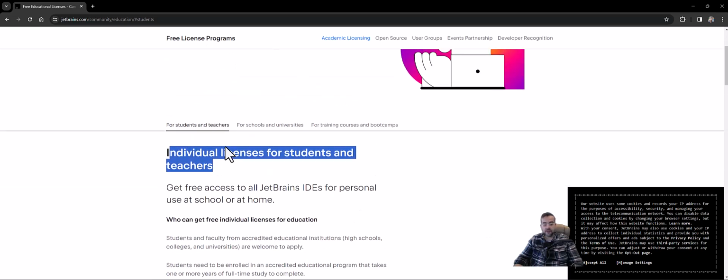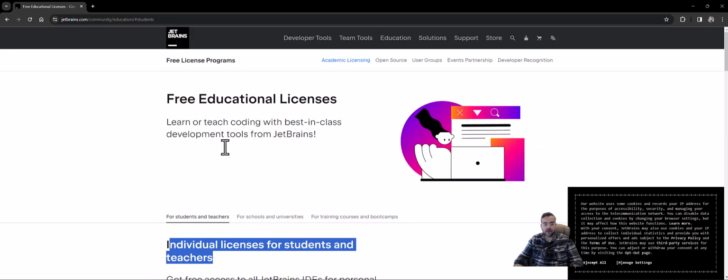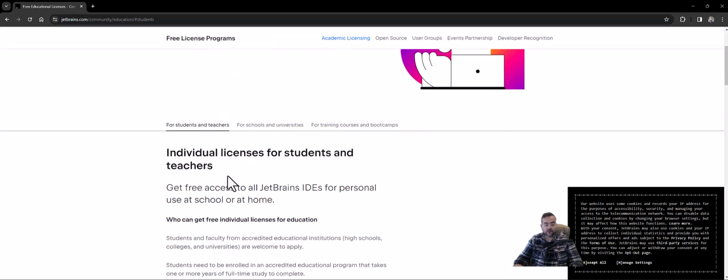You don't have to use this. It comes with Visual Studio Community, which works great. I just love Rider. I'm absolutely in love with it. I actually pay for a professional license for all my work stuff. And then for my teaching stuff, I use this free license. Not that it matters since I already have a pro license, but just so you know. So for students and teachers,